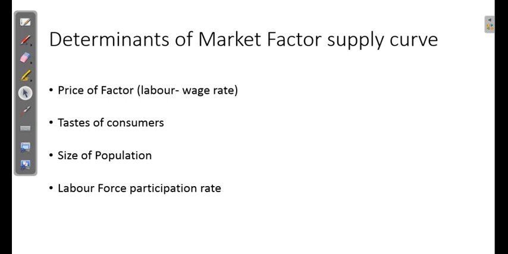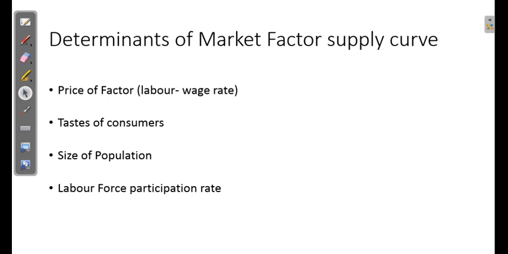But not necessarily all the people in a country who belong to this age group of 15 to 65 may be working. Some of them choose to reskill, some of them choose to go for higher education, some of them withdraw themselves from labor force because of household responsibilities, particularly the case of women. Some may not be keeping well health wise. So there may be multiple reasons why some people, despite belonging to the economically active age group, may not be either working or actively seeking work.